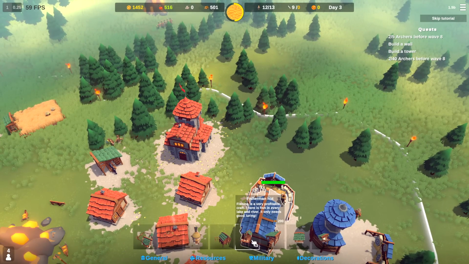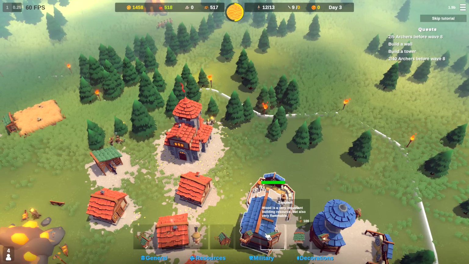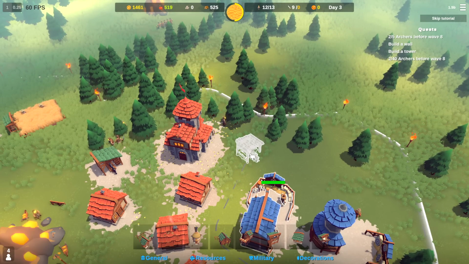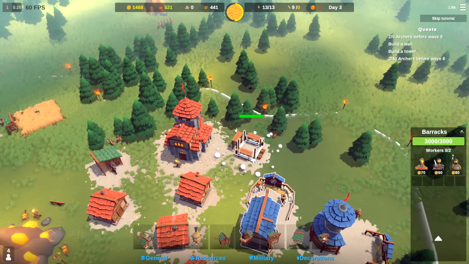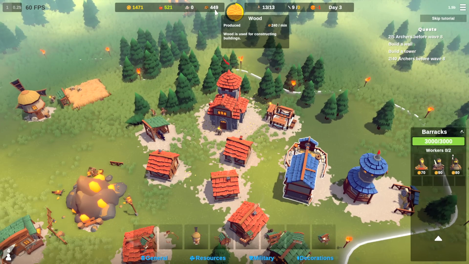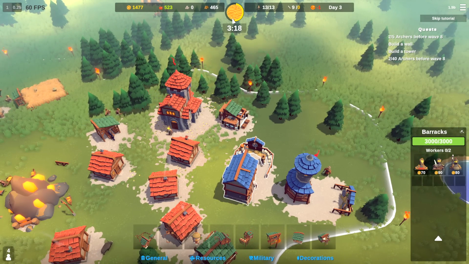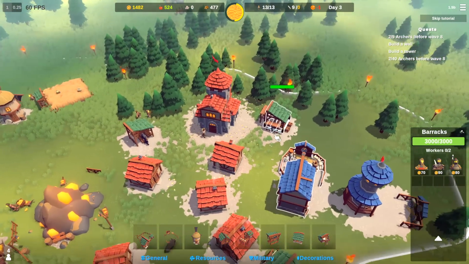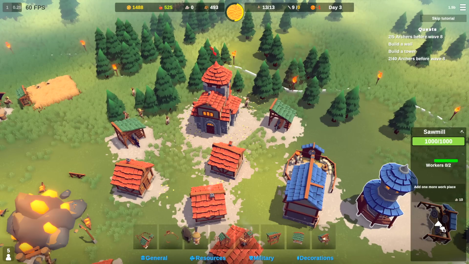Let's go ahead and I'm going to need... Where's my sawmill? That's a farm. That's not helpful. There we go. Give me another sawmill over here. Just kind of doing what it does to chop down trees. I'll assign 2 more guys. We'll double up on that because we need to be producing a lot of walls. We need more wood very, very badly. Instead of looking around...